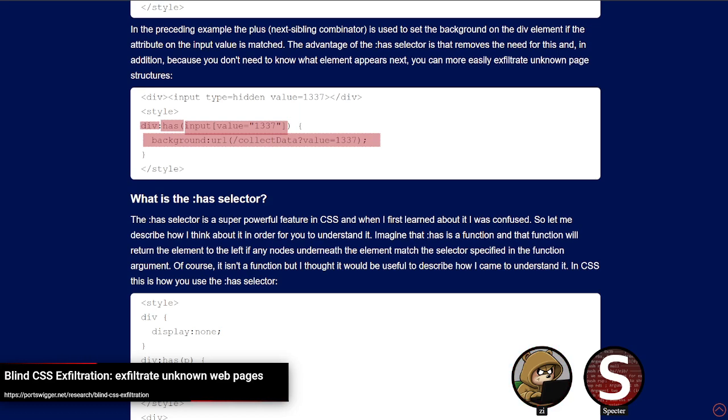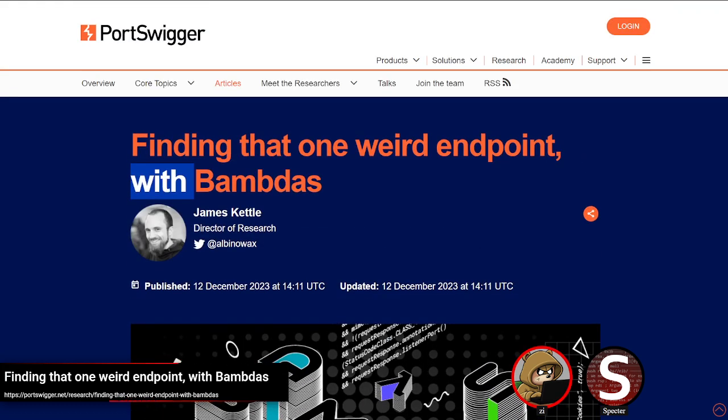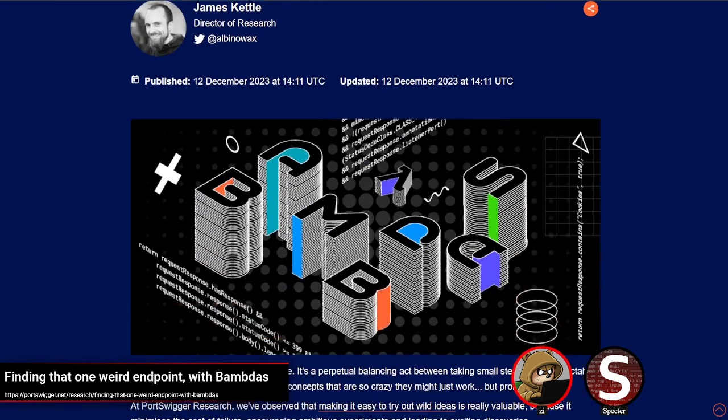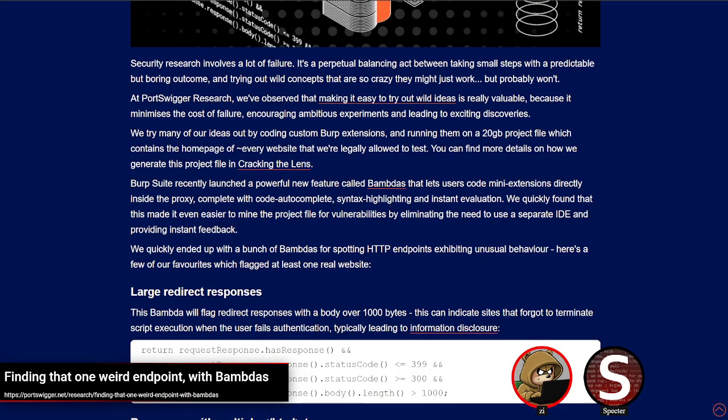But that is the main new thing here. And the second shoutout I wanted to make is another Portswigger thing. This time it's a feature in Burp. I just thought it's kind of cool that they've added this, which is Bambdas, as they're calling it, which is basically an easy little scripting language. I think it's inspired by the idea of lambdas, having just a small function that does something and can be called, or mapped over everything in an array or whatever,